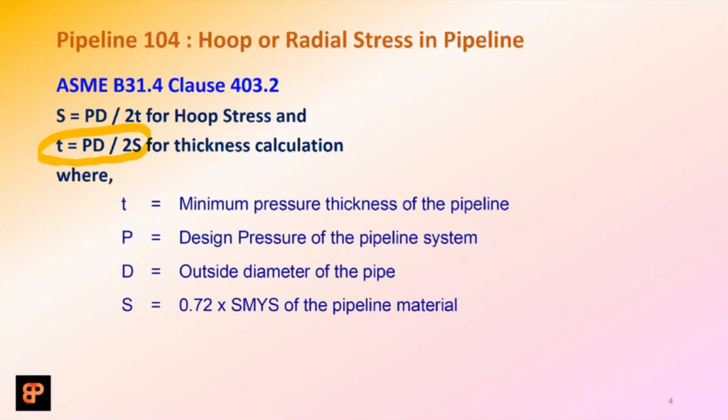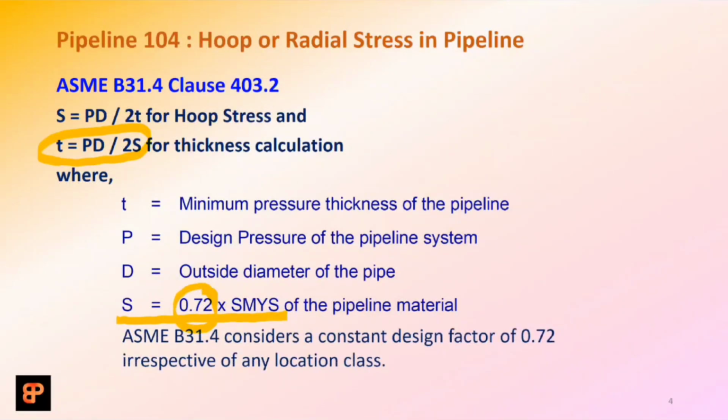Because as I explained, B31.4 covers the relatively less critical fluid services. Therefore, they have standardized the design factor as 0.72. So the allowable stress under B31.4 will always be considered as 72% of the SMYS. This is the fixed criteria given by B31.4, whereas the design factor remains variable in case of B31.8,